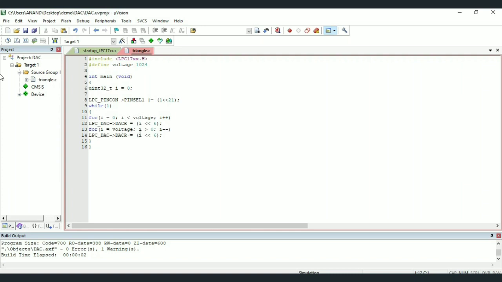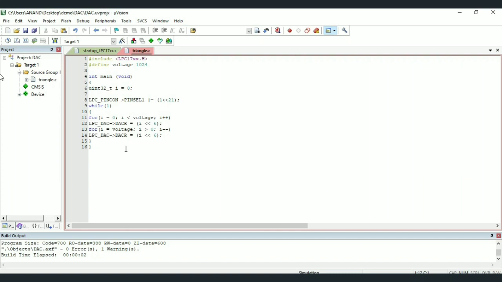So this is inverse of previous for loop. Yes. So here for I is equal to voltage, that is for I is equal to 1024, until I becomes 0, the for loop will be repeated, right? And again we are changing the DAC value for every value of I, which will be shifted 6 times, right?